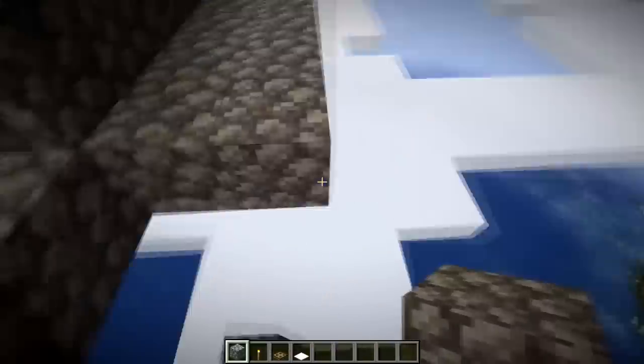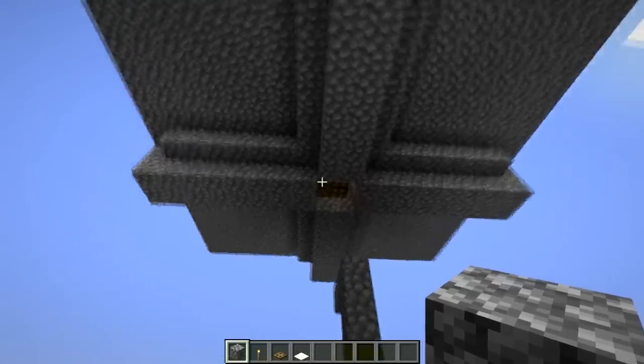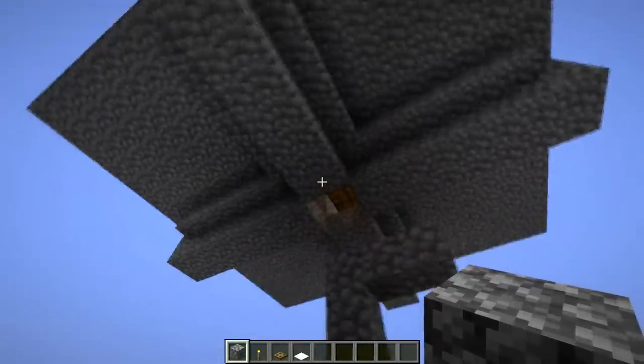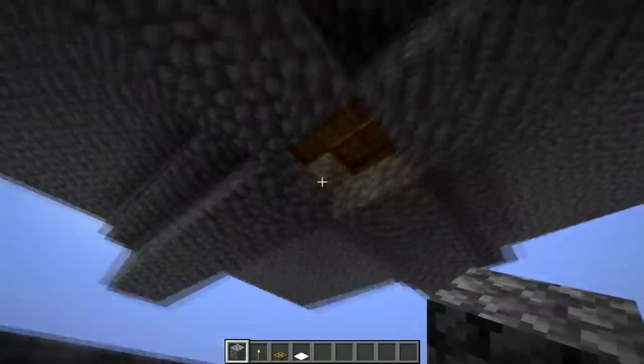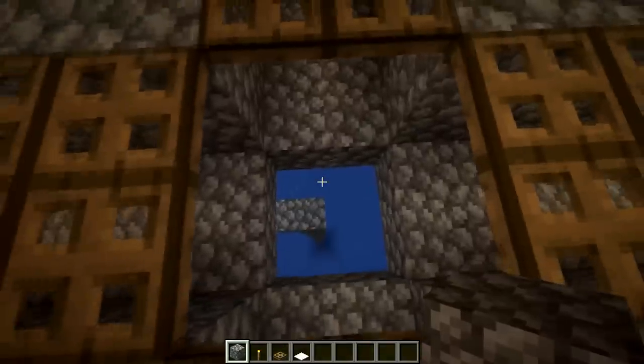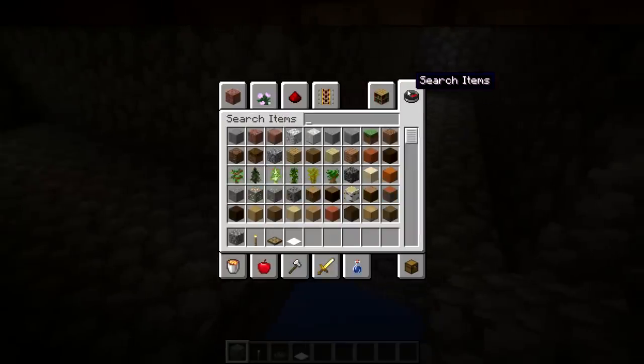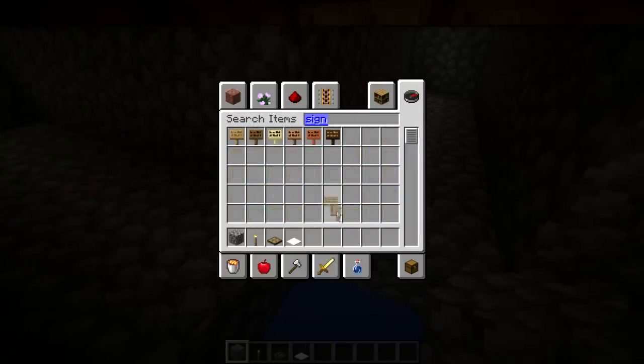So you should have something looking like this. Alright, so I just finished placing all the cobblestone over here, so you should have something looking like this at the moment. And your next step is you're going to want to get some signs